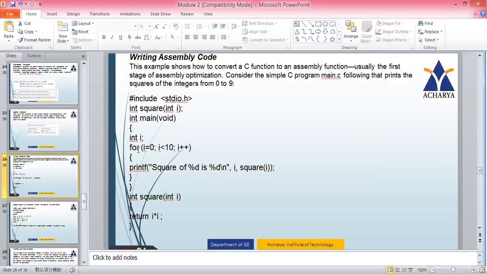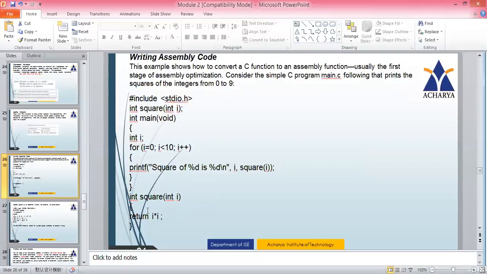So let's see what we are doing. For I equals 0, I less than 10, I plus plus. Here we are calling the square function. We are passing the argument I to a function called square. So this I will be substituted to the I in the square function, and it returns I into I. So for 0 it will return 0.